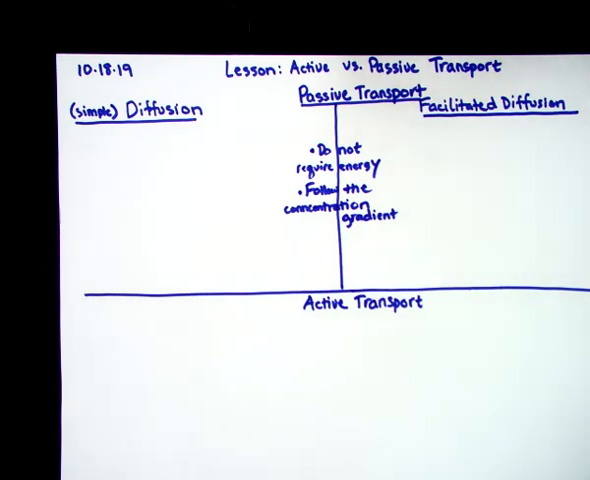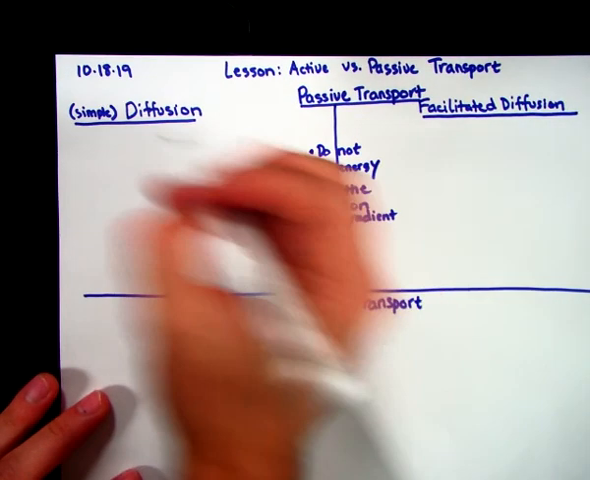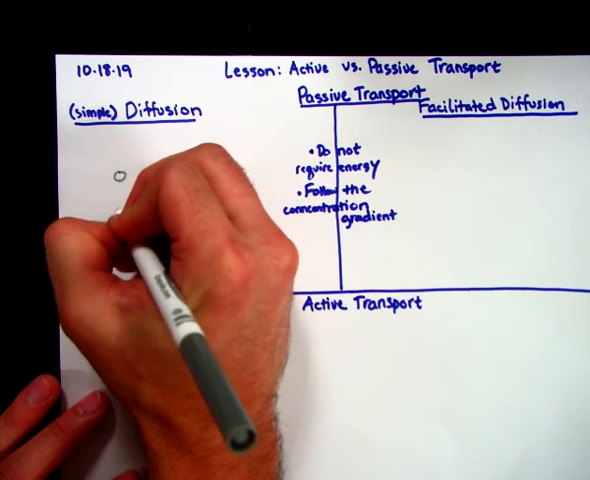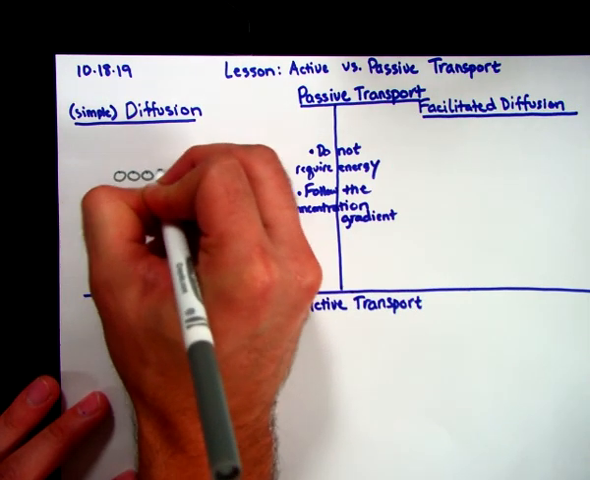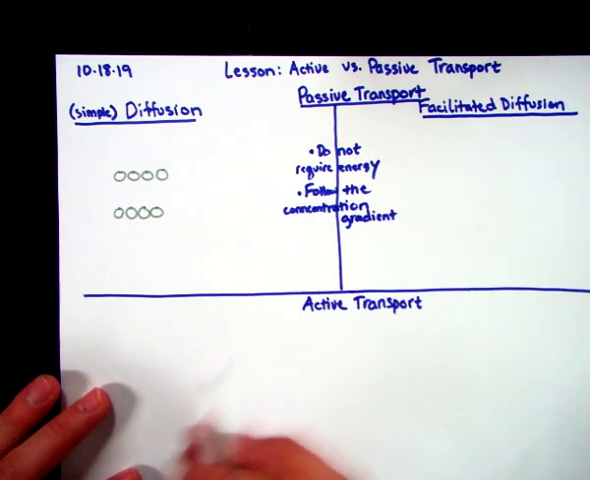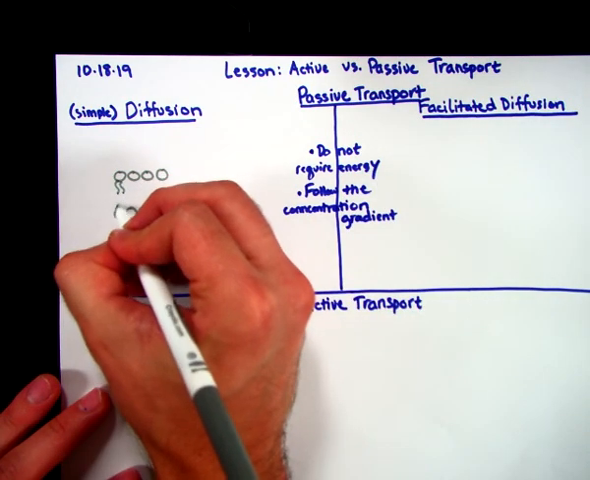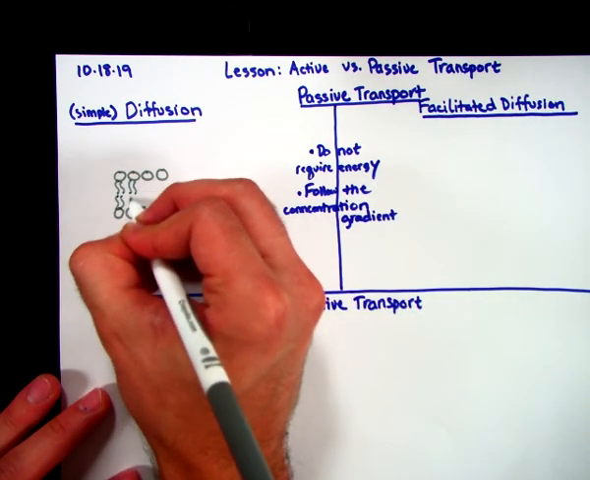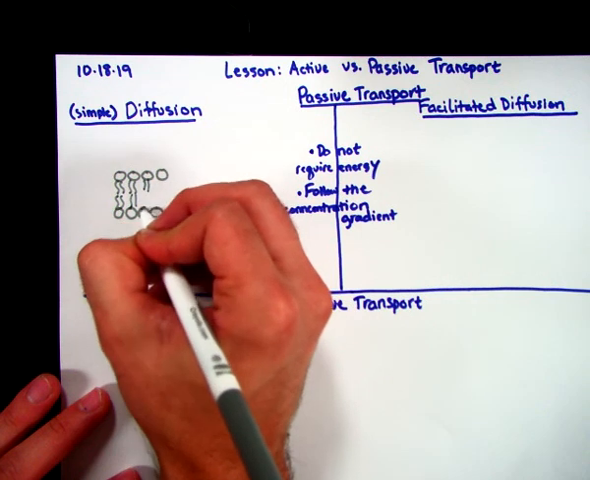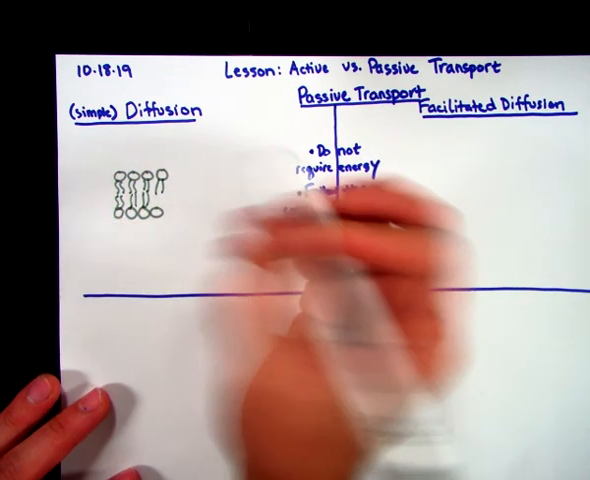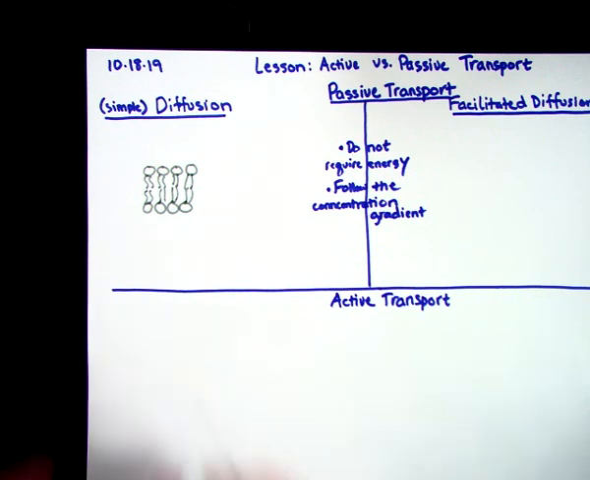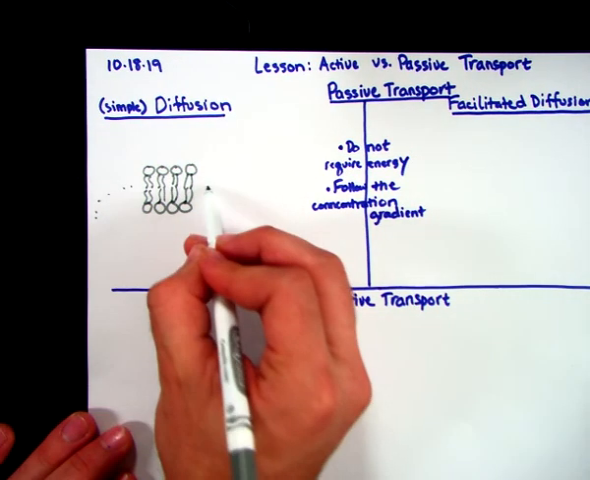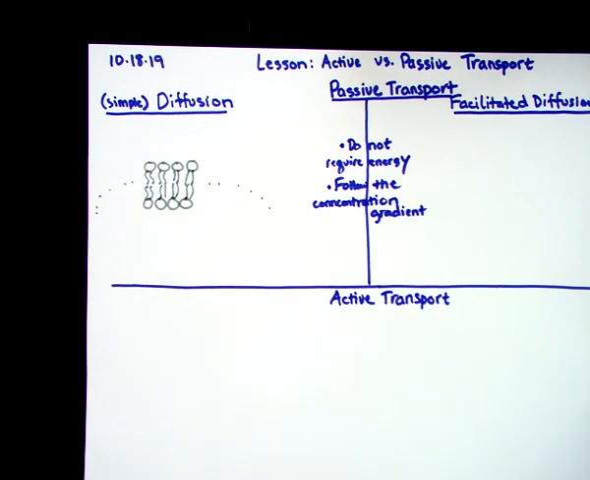Okay. So, simple diffusion. Don't go crazy with the phospholipids, just draw 4. Okay. So if this is a cell membrane that continues on around a cell, okay, simple diffusion